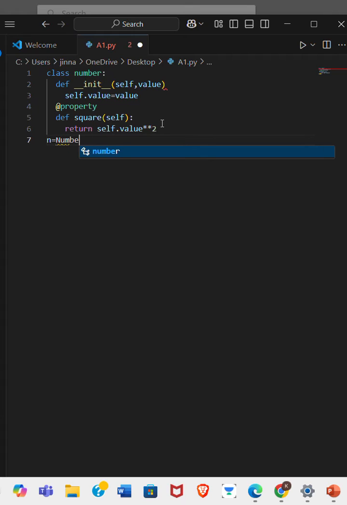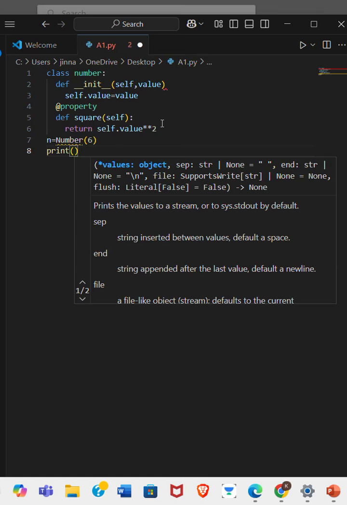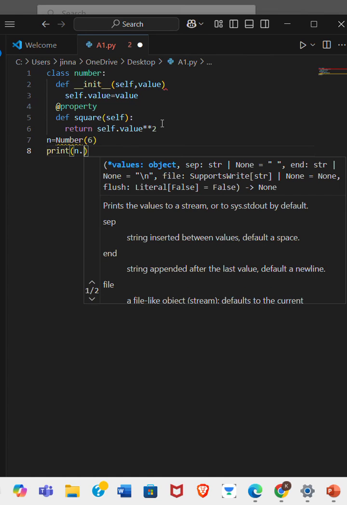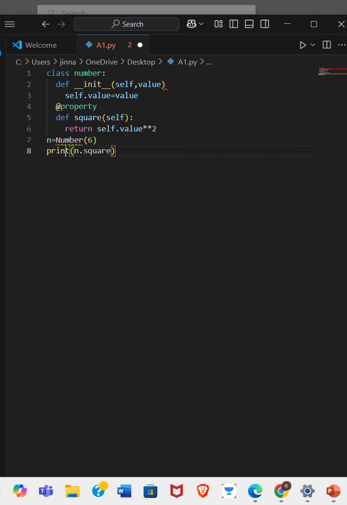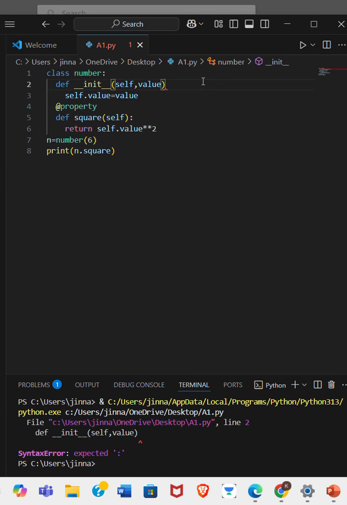And here we are going to give an object. By the help of the class I can pass my value, let's say 6. I want the square of 6. Now I can simply use the method as an attribute, and I can simply print n.square. That's all. If I try to run the program, because we were having an error here,